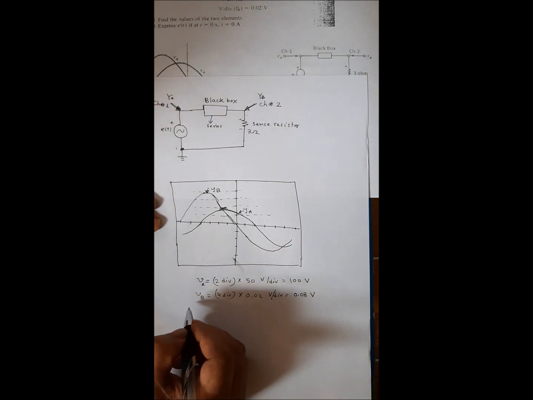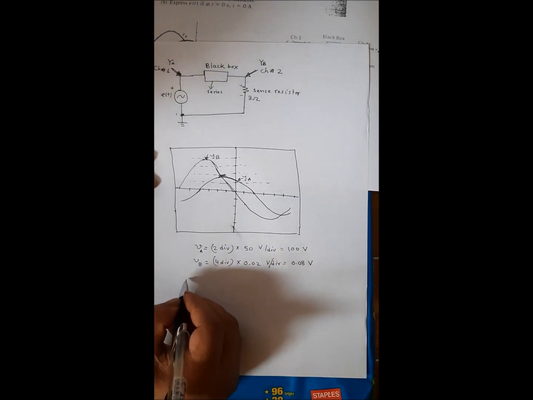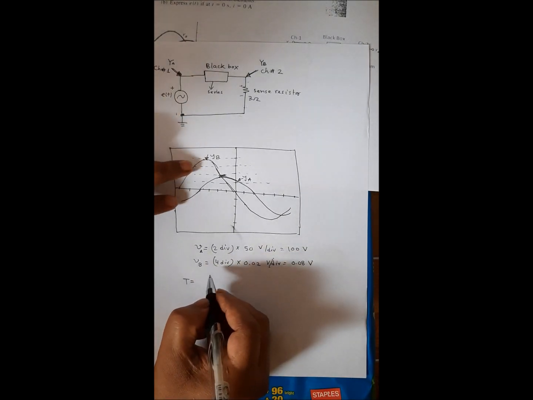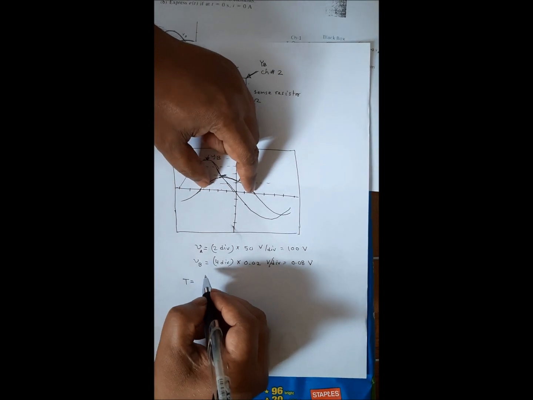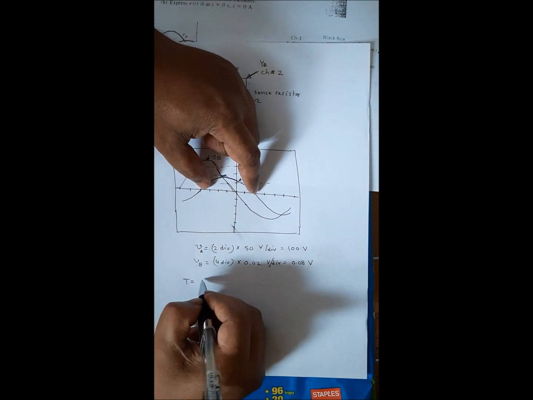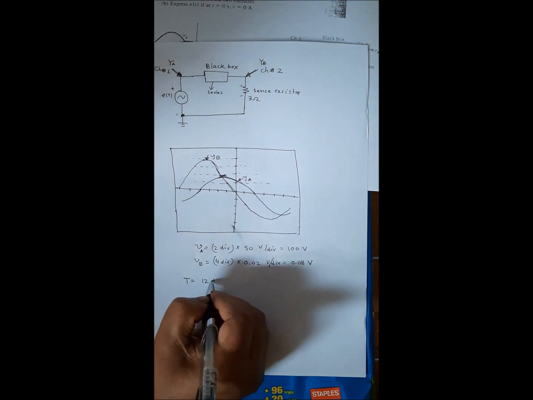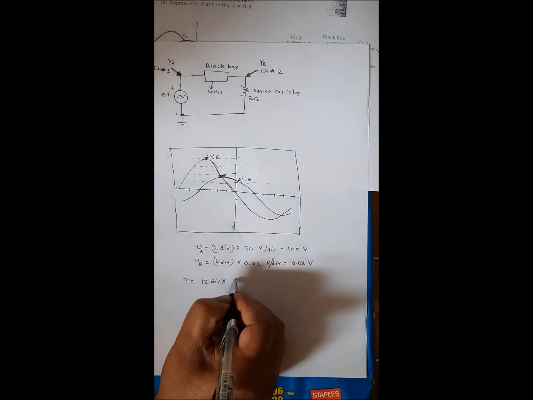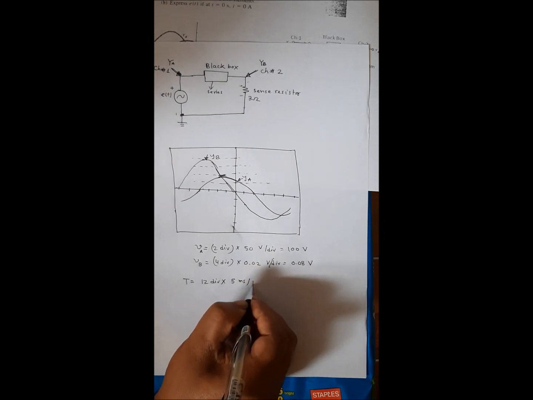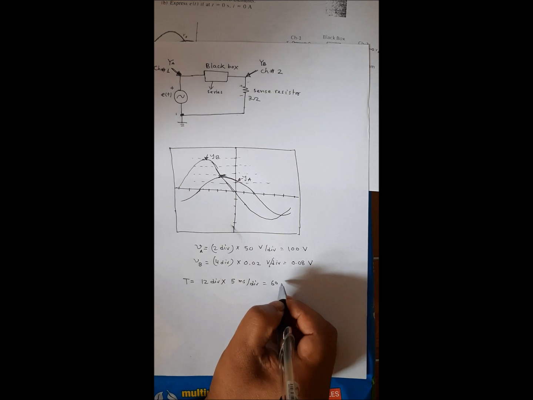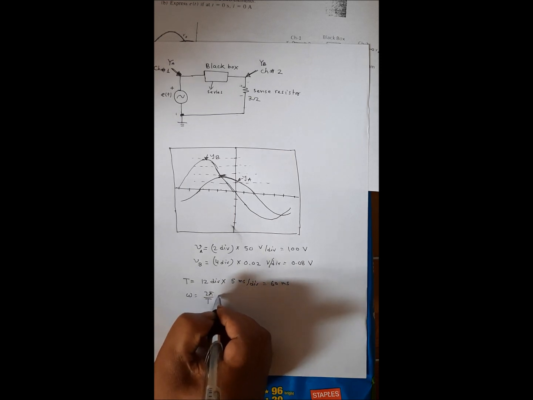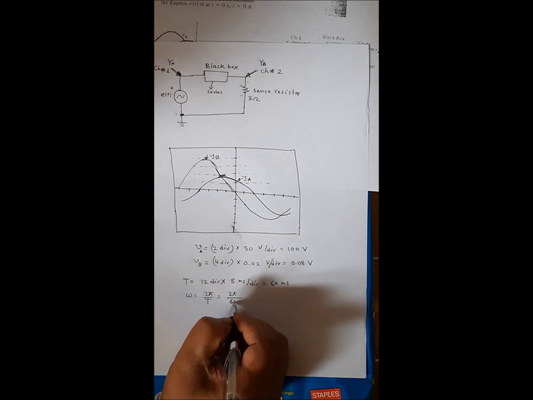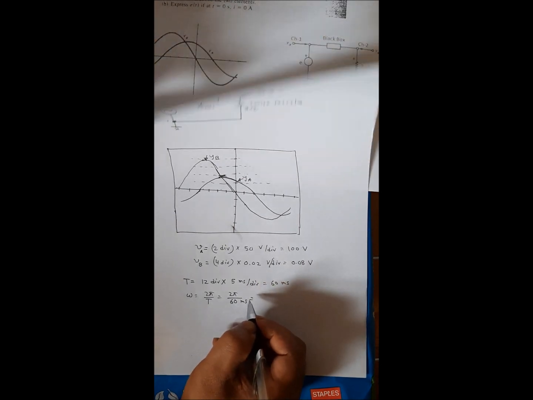So you'll get 0.08 volt. Now we need to find the time period. So time period T equals, you see 1, 2, 3, 4, 5, 6. So 6 is half wave, it has 6 divisions, so the full wave will be 12 divisions. So 12 divisions, and each division has 5 milliseconds per division. So you'll get 60 milliseconds. Now omega will be 2 pi over T. So 2 pi over T equal to 60 milliseconds gives us